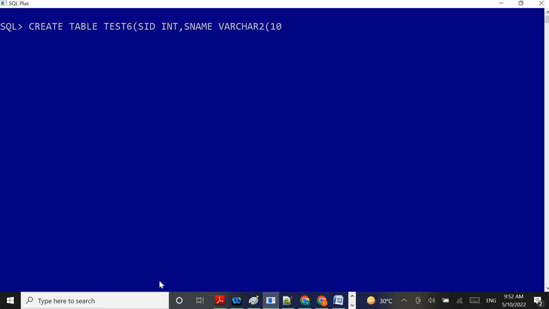And I'm giving the date of join of the students, and that is the date data type, and I'm giving the marks column for the student, and that is in the form of numbers, and I'm taking the number data type, and I'm giving the size for that data type is 3,